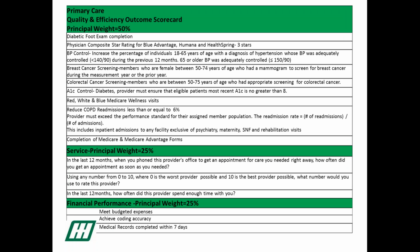Our primary care quality changes year to year, and so this previous year we did the diabetic foot exam. Our physician composite star rating for our Blue Advantage Medicare, Humana Medicare, and our Health Springs Medicare programs. And they needed to at least have 3 stars for each of those plans. Blood pressure control,